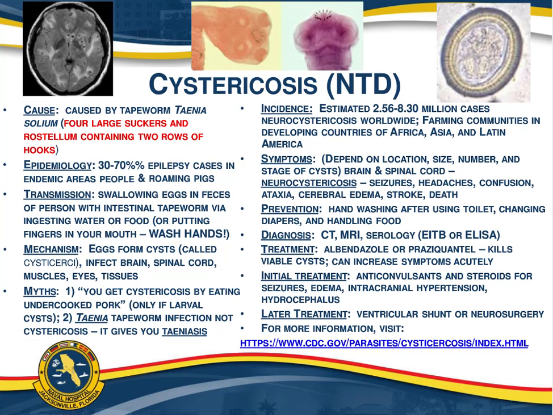You've got to be really, really careful. Don't just treat things like this without talking to the infectious disease doctor or somebody who's very, very knowledgeable, because if you treat this too fast, all those neurological symptoms can exacerbate and kill somebody. So there are very specific algorithms on how to treat this slowly, so you don't release all the chemicals and neurotoxins from these parasites. And so later treatment, sometimes they'll do ventricular shunts or neurosurgery, depending on if you get these cysts in the brain. So anyway, I'm going to flip through the rest of the slides real quick